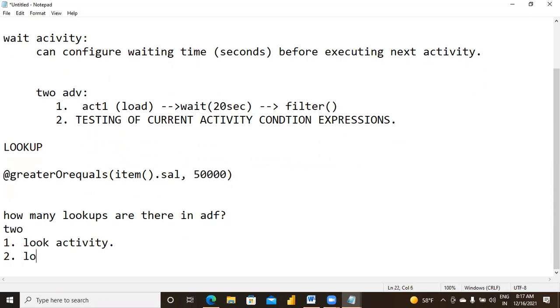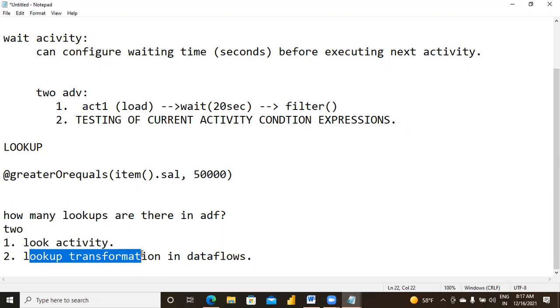Number 2, lookup transformation in data flows. In data flows, everything is a transformation. At a high level, data flow is an activity. In that activity, a lot of transformations will be there. Same if else will be there. More powerful features will be there.